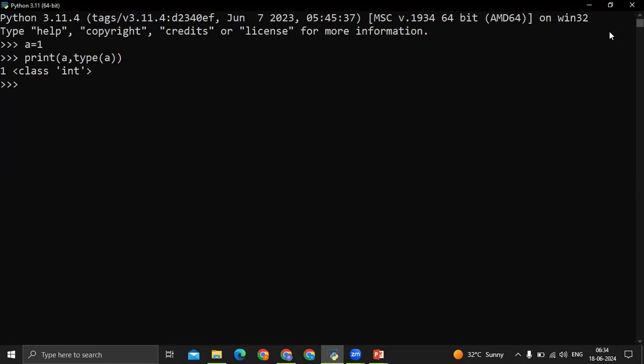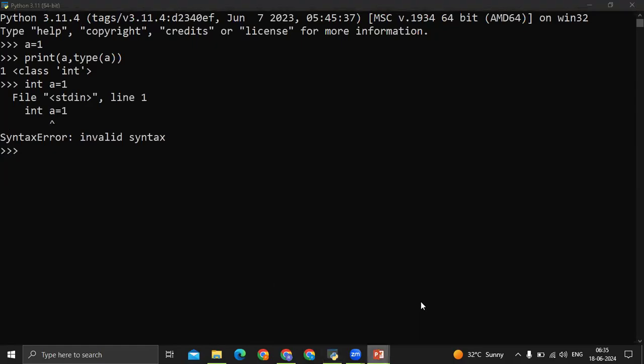Whereas in other languages, we need to define the variable all the time. In a static programming language, we need to write int a is equal to 1. In Python, that is invalid syntax.